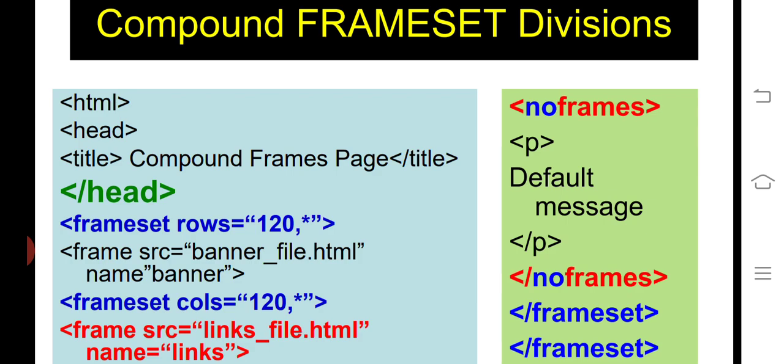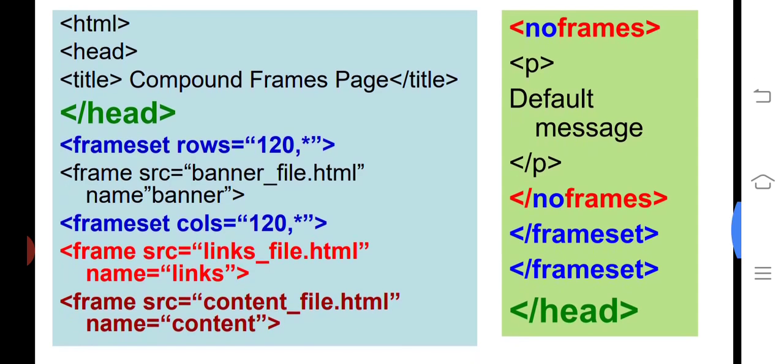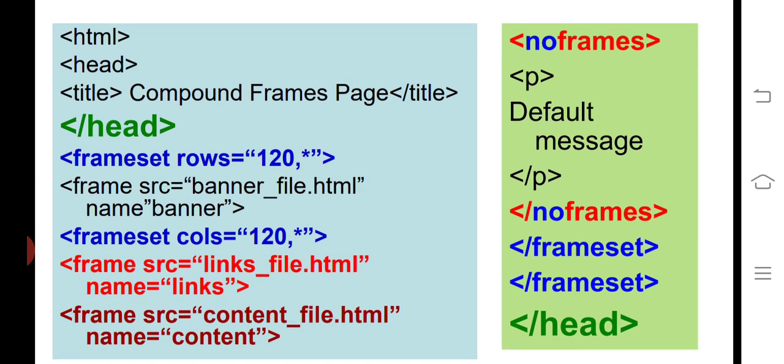So the same program, at least copy it in Notepad and run it in the browser, then only you will know how the framesets are working. If you are simply watching the video or lecture, you are not able to get more experience in practical. So here one frameset is there, here one frameset is there, here noframes. Noframes means no element is required. Once noframes is closed, then immediately start with the frameset. In the frameset you can assign whatever you want.